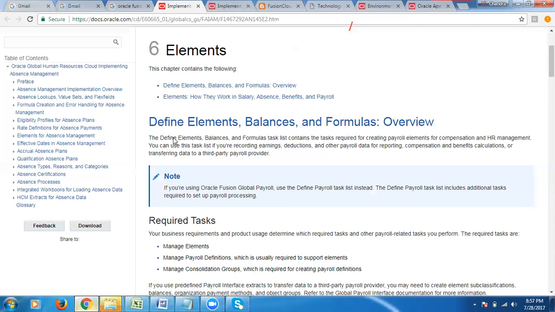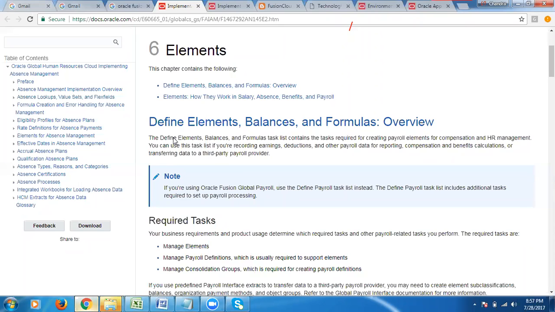We'll say first we'll gather the requirement from the client, what type of plans they want, what are the eligibility profiles and derived factors, and what about the accrual periods. Then we'll define the absence reasons, certifications, absence plans, and absence types. That's all we are going to create.